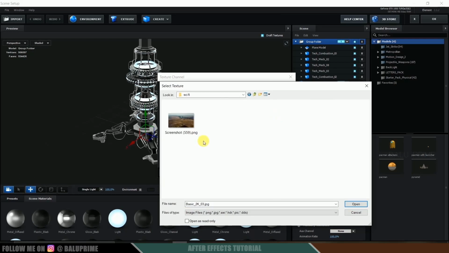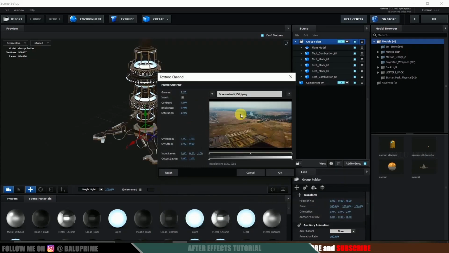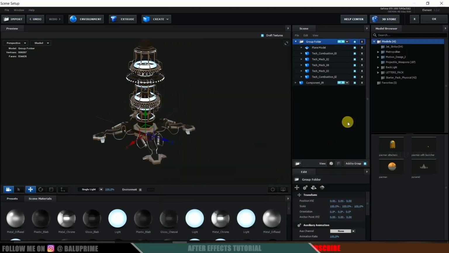So I got a screenshot of the same footage here. Actually we need to use a 360 camera to capture these 360 degree images. Since we don't have that, I will be using this screenshot image only. Okay, nice. Now let us see this.